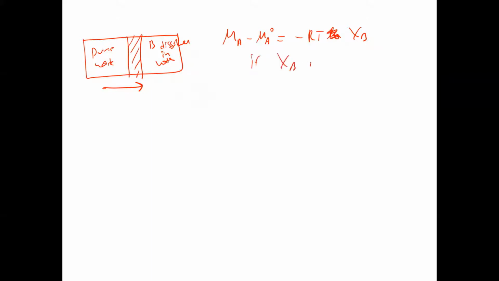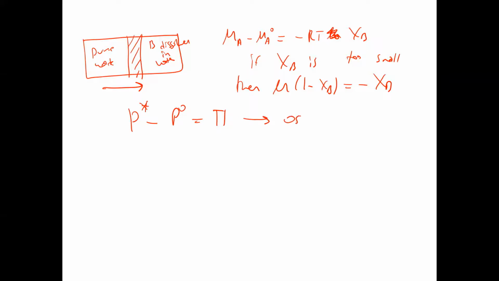If XB is too small, then ln(1 minus XB) is equal to minus XB. Then P minus P0 is called pi. This is osmotic pressure. Mu A minus mu A0 is the integral from P to P plus pi, osmotic pressure, of VA